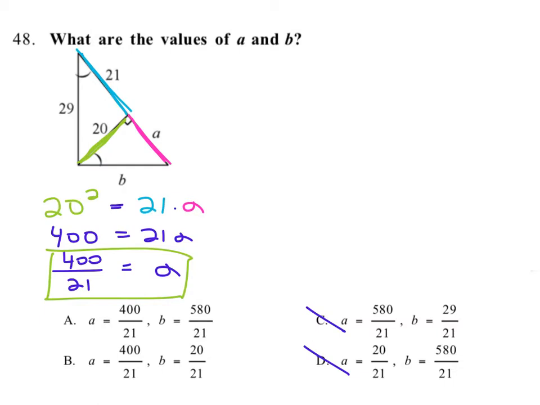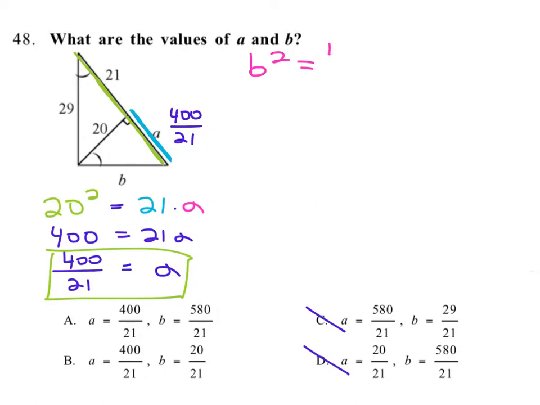Now, this is where it starts to get a little bit more involved. You've really got to be paying close attention to this. Okay, we now know that A has a value of 400 over 21. And in order to find B, whenever you're trying to find one of these sides of the big triangle, you need to take the entire length, this, times the length that's on the matching side, this. Okay, so what we're going to multiply to get that B squared